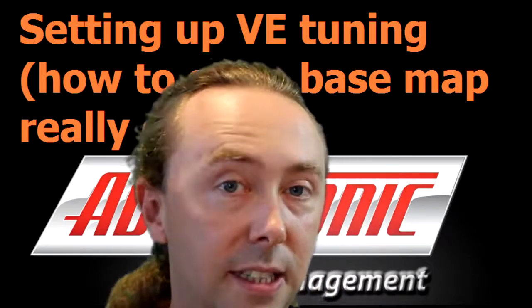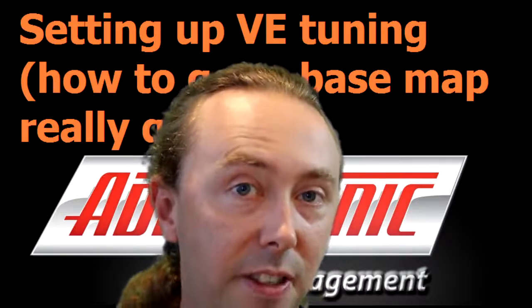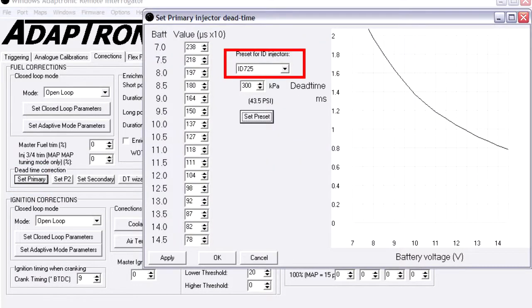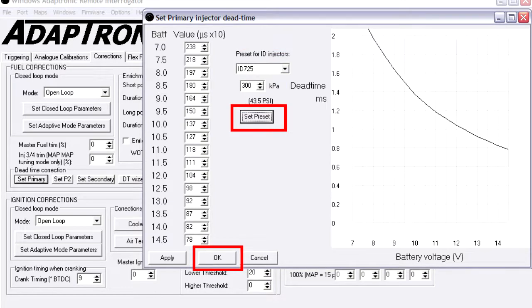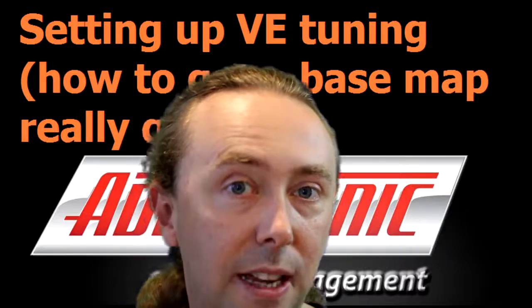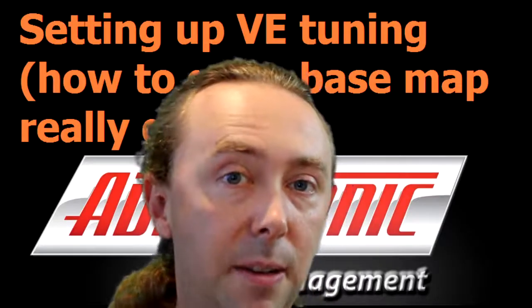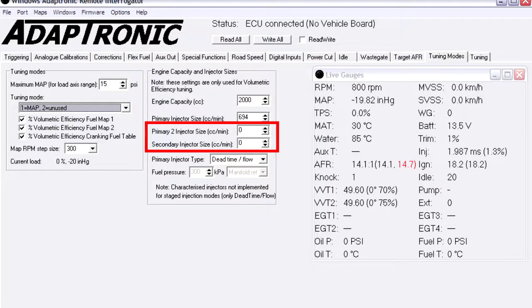Otherwise, if you're using Injector Dynamics 725s, 850s, 1000s or 2000s, you can go to the primary injector dead time setting, select the injector type and enter the fuel pressure, and then click set. The software will then enter in the dead times for you based on that fuel pressure and injector type, and also calculate the injector flow rate. If you're not using stage injection, make sure you set the primary 2 and the secondary injector's flow rate to